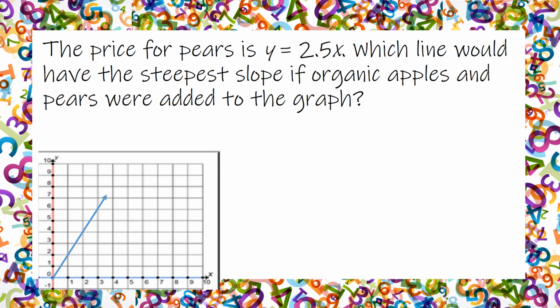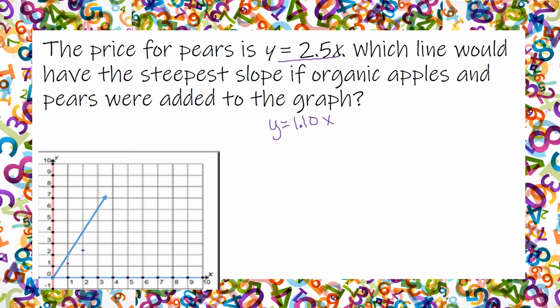The price for pears is y equals 2.5 times x. Which line would have the steepest slope if the organic apples and pears were added to the graph? So we know that the organic apples on the last page were $1.10 each. And then we now have the pears. So $1.10 each. That would be here,